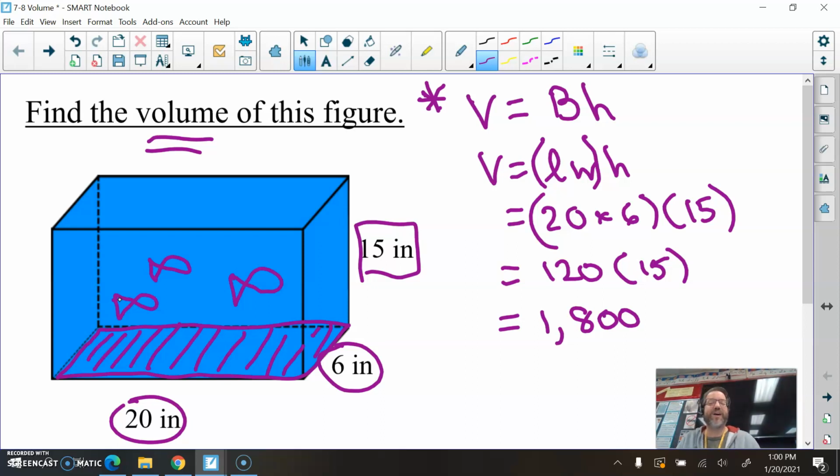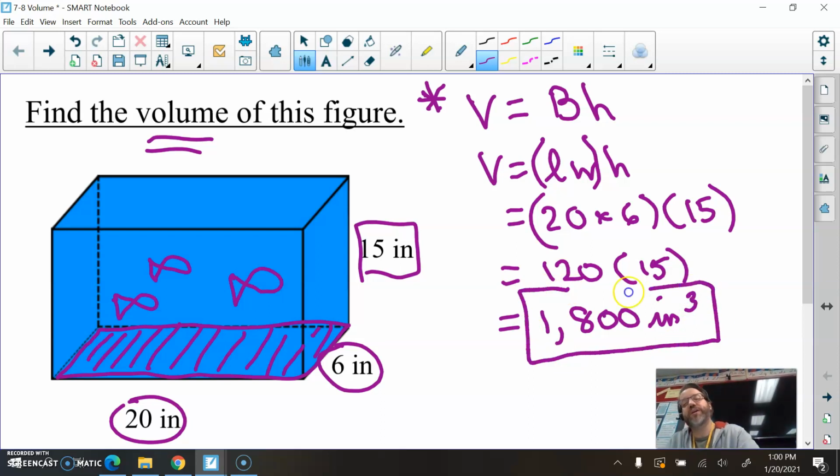Anyway, length times width is 120 times height. We would get 1,800. But it is cubic units because we have 3 dimensions. So instead of having square inches for our label, we have cubic inches. And so I'll put inches down, but instead of squared, I'll put cubed. That's how you label that. 1,800 cubic inches. All right, pretty easy, huh? Length times width times height. Volume equals area of the base